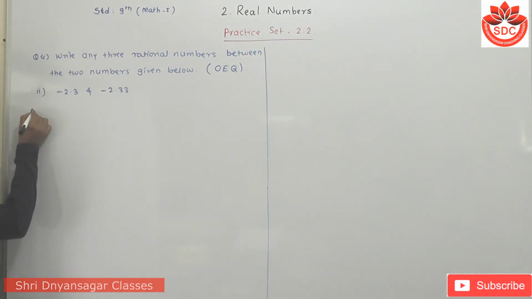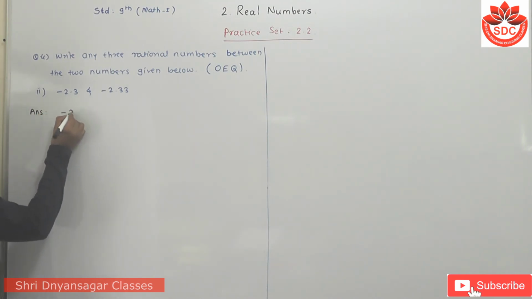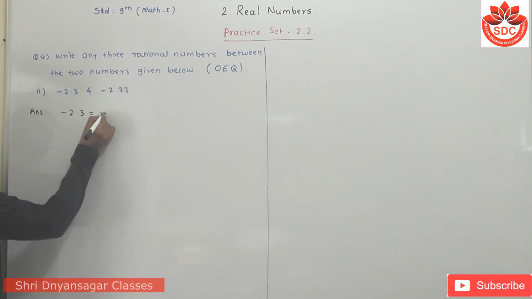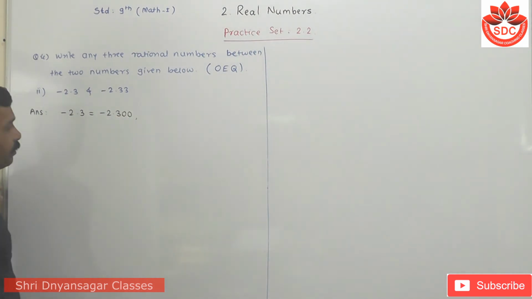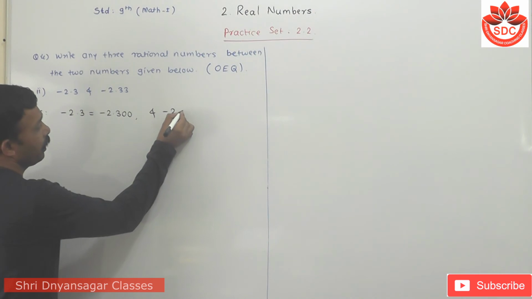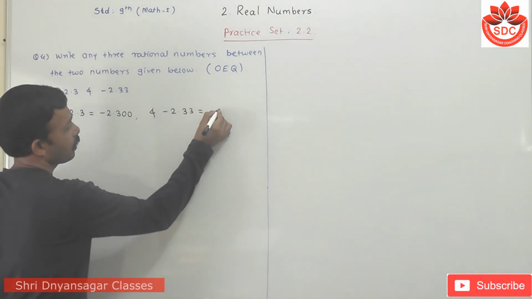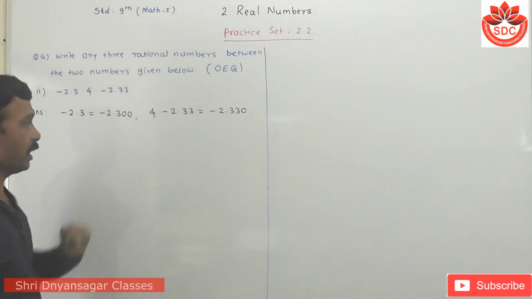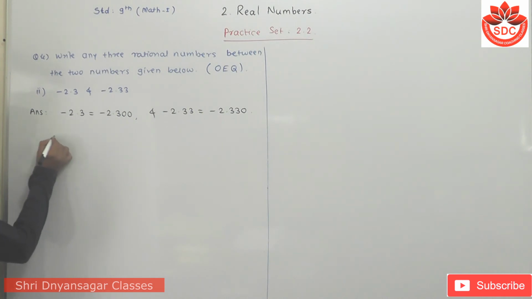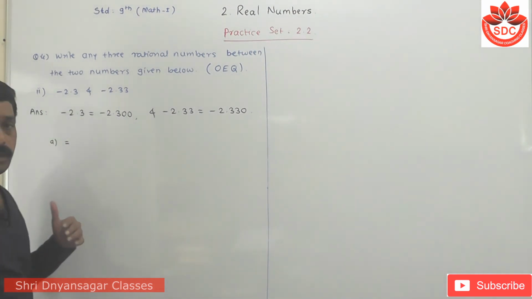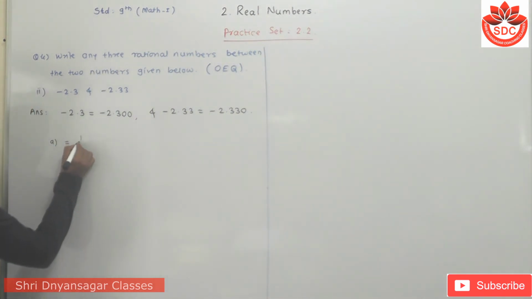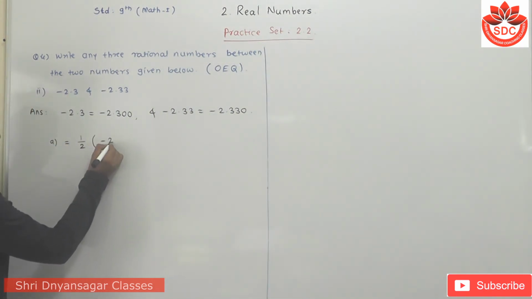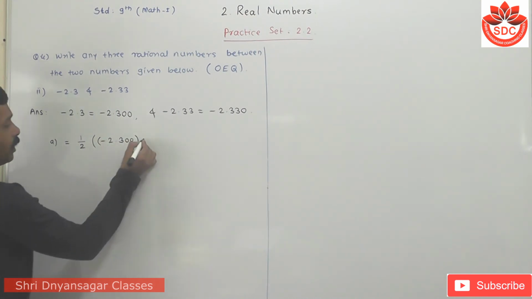Now here, same as the first one, I have to write -2.3 is equal to -2.300 up to 3 decimal places, and -2.33 is equal to -2.330. There is no change in these numbers when we write them this way. Now first we have to find the three rational numbers in between these two numbers. The first one we find by dividing by 2, so I take half of the sum of these numbers, -2.300 plus